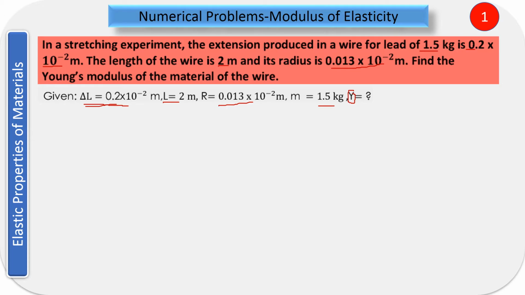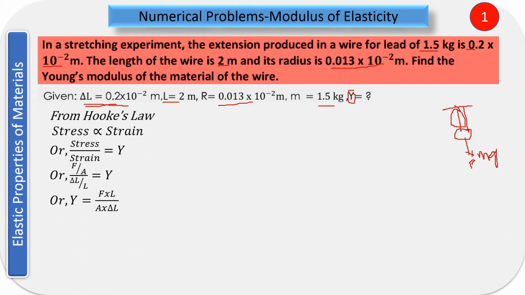So what you are going to exactly do is, here you have a particular wire, and on this wire you are going to put a load so that it is going to stretch. This load that we have given is the mass. Load is nothing but mass, so m into g. So this is the load that you are giving. Naturally this you are calling your F, the force that is acting on this. The length of this wire has been given, and its change in the length, delta L, has been given, and we have to find out the Young's modulus.